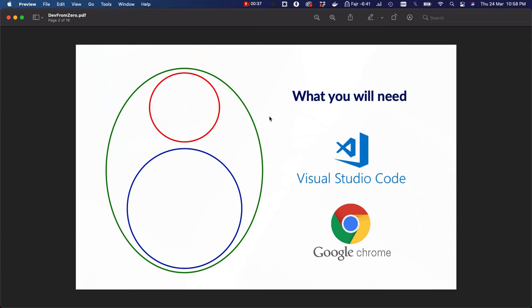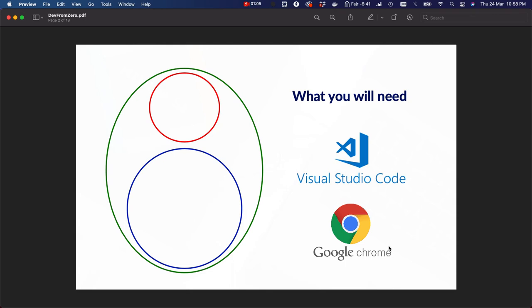To practice along on a mobile phone, you definitely have to have a laptop if you've been watching this on a mobile phone. But you can still continue watching, probably if you're planning to practice later, you just want to take time to watch first. So let me believe that you have Visual Studio Code or VS Code installed, and you also have Google Chrome